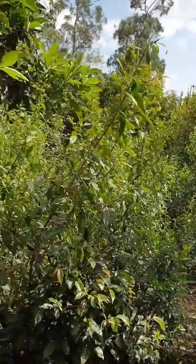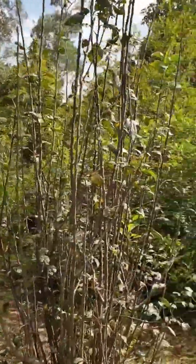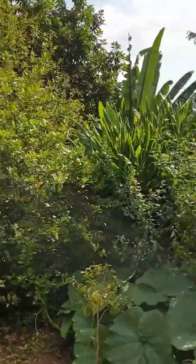More hops or geisho for making some local beer, or tella as they call it here. I think